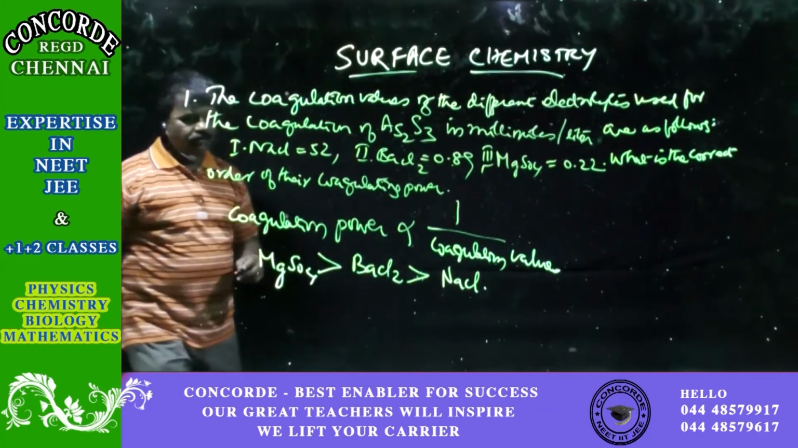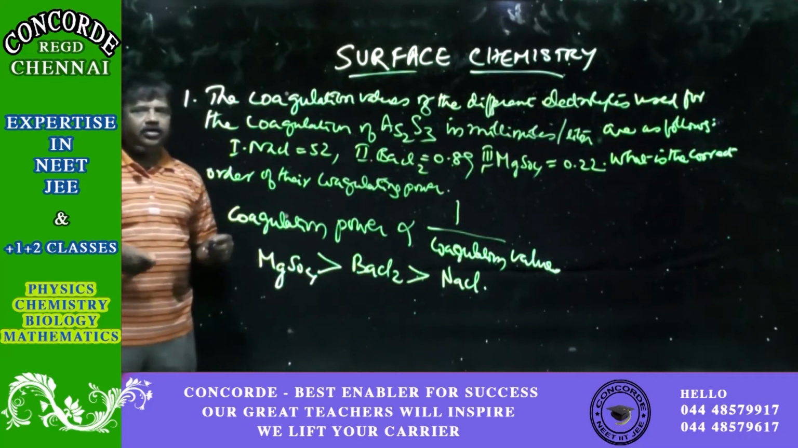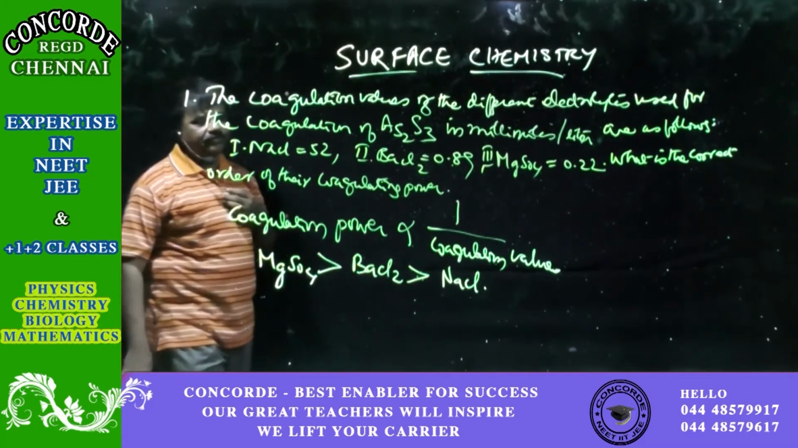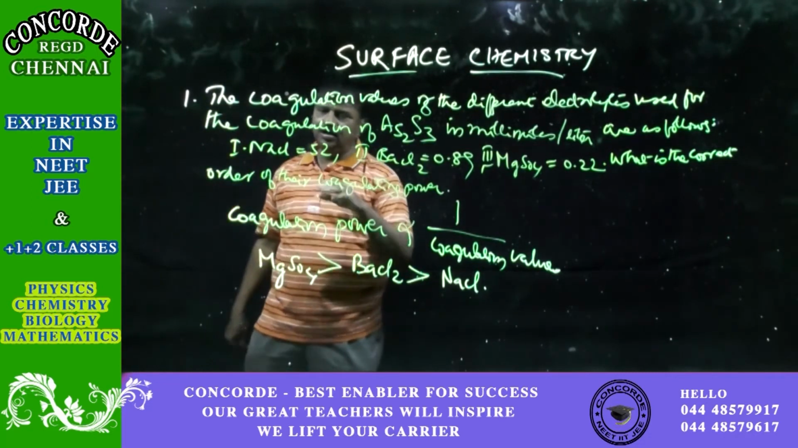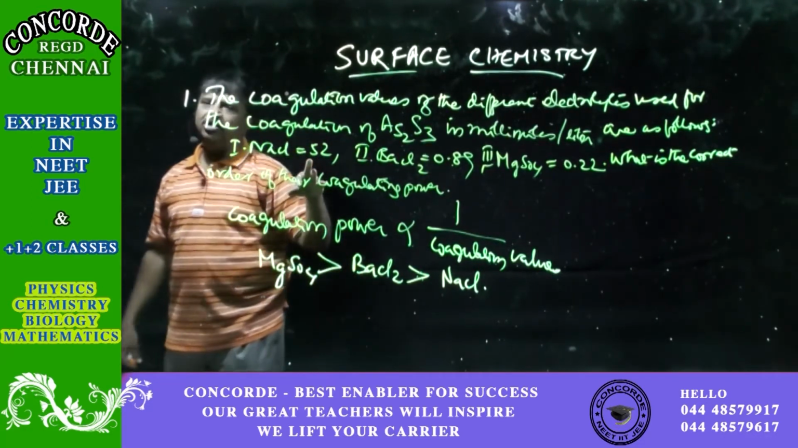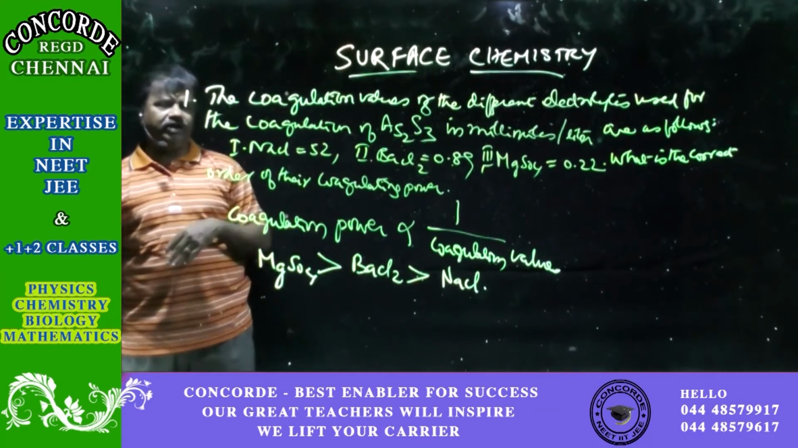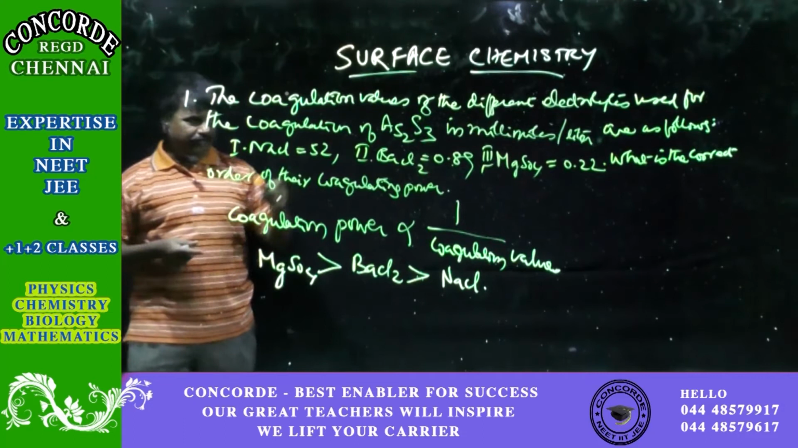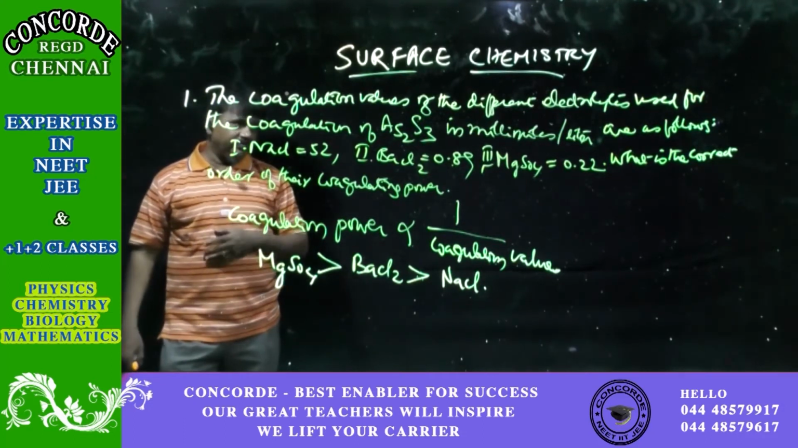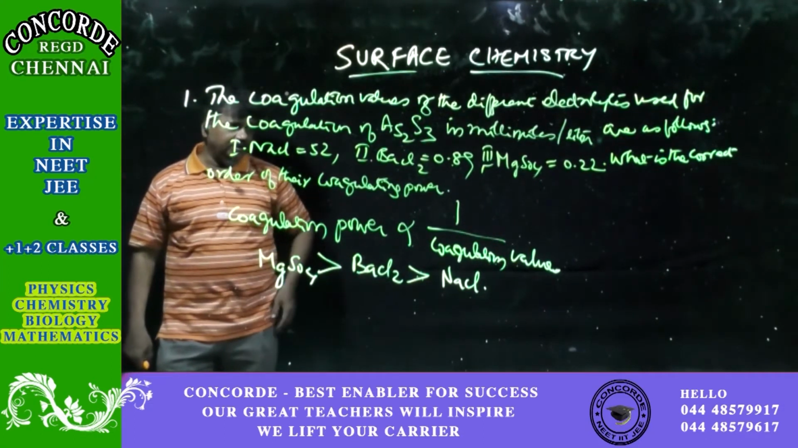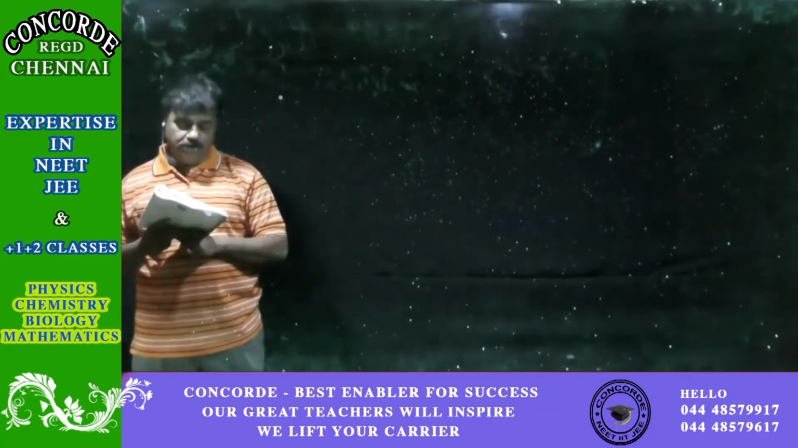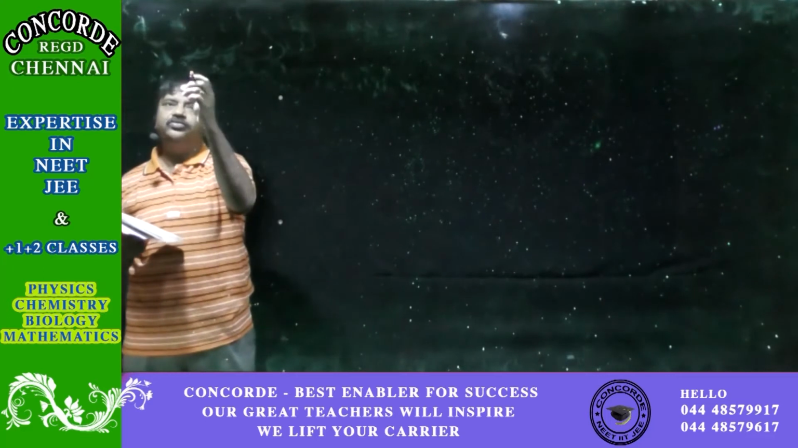Okay, so we have to know the concept that coagulation power and coagulation values are inversely proportional. If more millimoles of an electrolyte are required for coagulation, the power of this is naturally less. Otherwise, why should we spend so many millimoles per liter? Okay, hope you understood this. Okay, let us go to the next question, namely